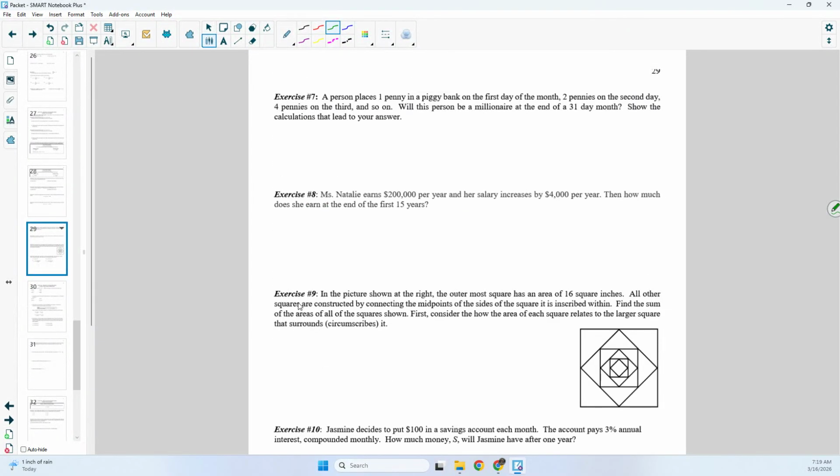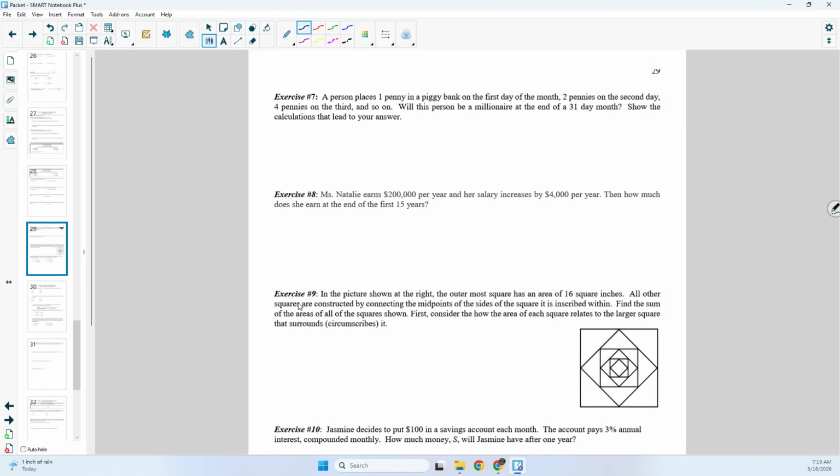So we are looking at word problems and identifying that something you need to do would be to use the series formulas. All of these could also be done with sigma notation, because we know that's another way to find the sum, but because the topic of this lesson is series formulas, that's the way I'm going to do them. So the first one says a person places 1 cent in a